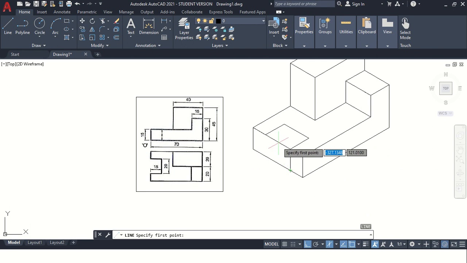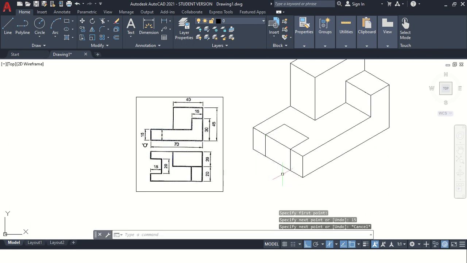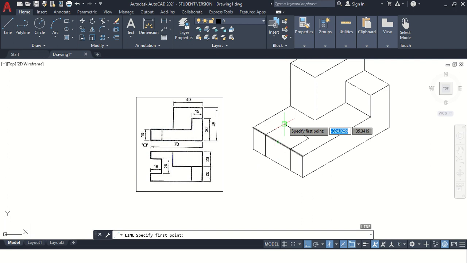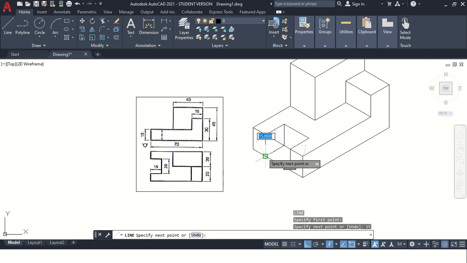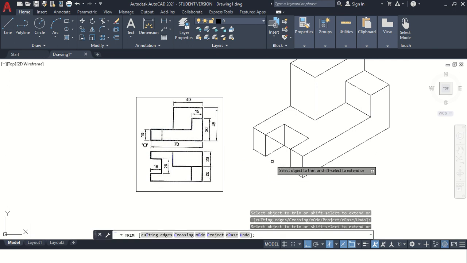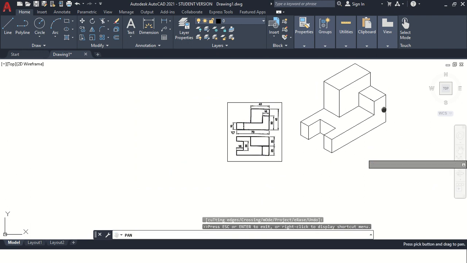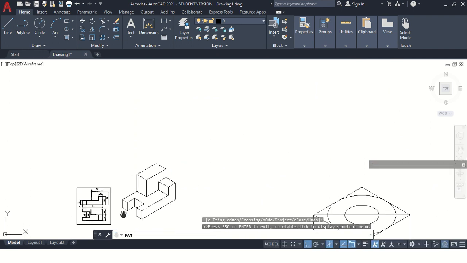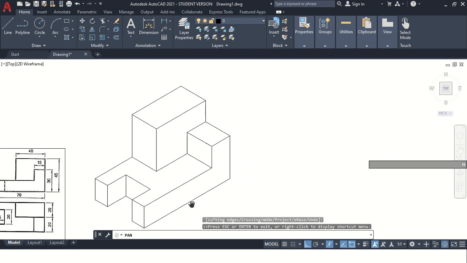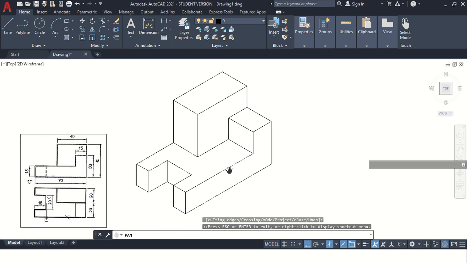Similarly, at this point, draw a vertical line of 15 millimeter. L enter. From this point again you have to draw a vertical line of 15 millimeter connected with this point. Use the trim option, TR, double enter. Remove the lines which are not required. So here we completed a simple isometric view and a circle. Happy learning.